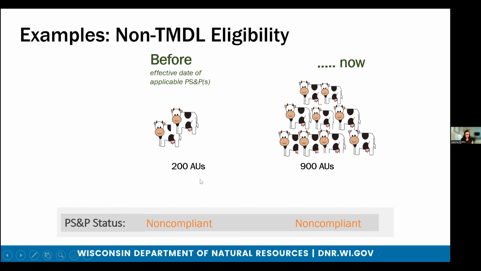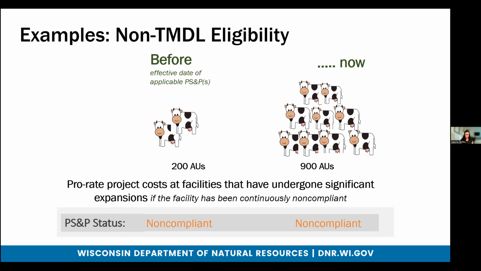In the last example, the facility has undergone significant expansion. So like the previous scenario, the site was in existence and continuously non-compliant since the effective date of the applicable NR 151 performance standards. However, unlike the other scenarios, the number of animal units increased from 200 to 900. So this project is eligible,